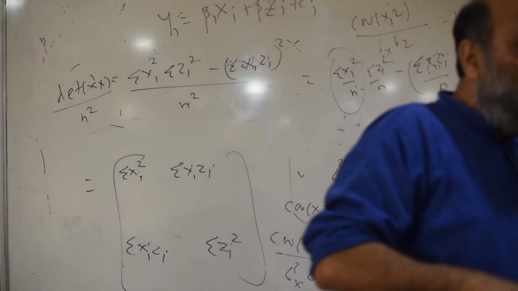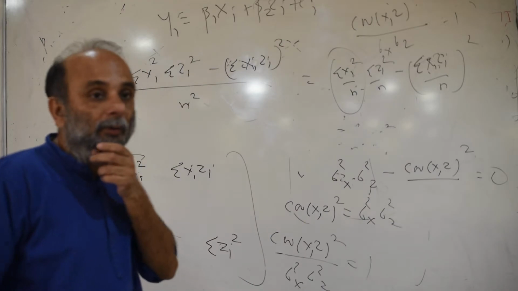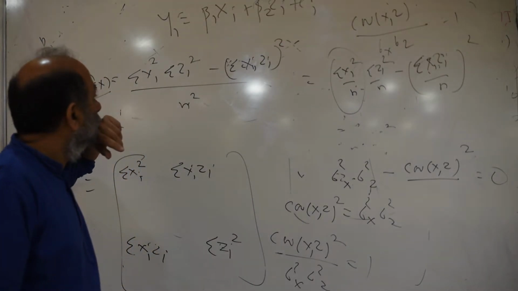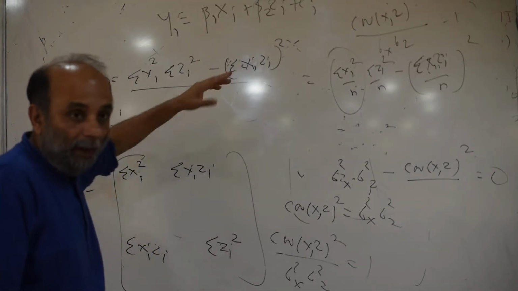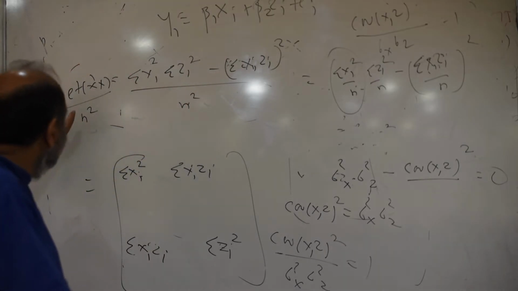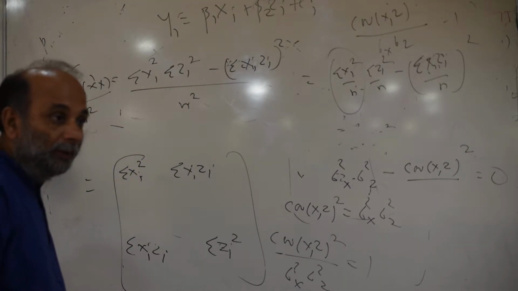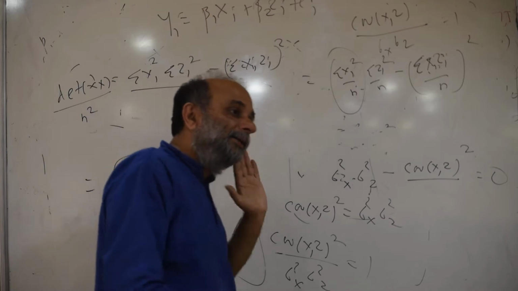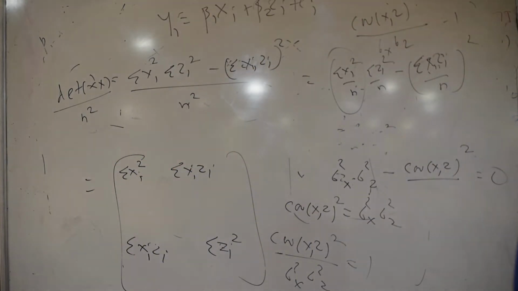So then that equation changes to that one on the top, that's covariance x and z and then divided by... So it says the determinant would be 0 if the correlation between x and z is 1. Correlation x and z is 1. That is, I can't solve for beta 1 and beta 2. Q, what is the intuitive meaning for this?